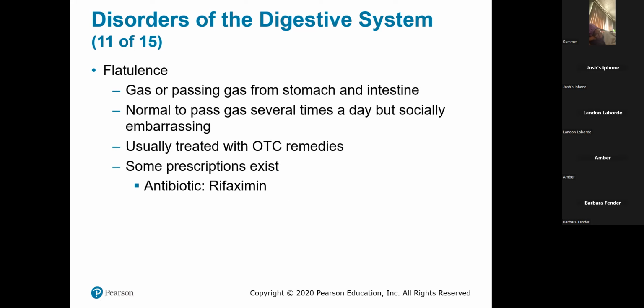So flatulence, if you did not already know, is the medical term for gas or passing of gas from the stomach and intestines. It is normal to pass gas several times a day, but of course it can be socially embarrassing. And ladies, I read somewhere that we actually do this a little more than the gentlemen. So this is usually treated with over-the-counter remedies. There are some prescriptions that exist, such as the antibiotic rifaximin,